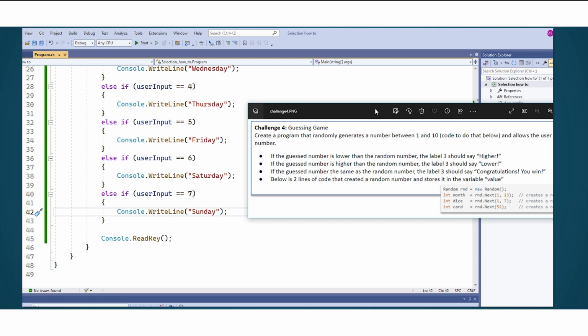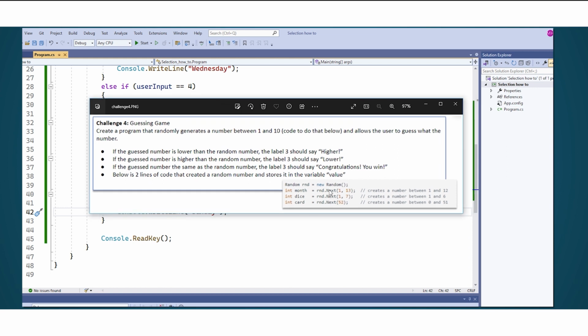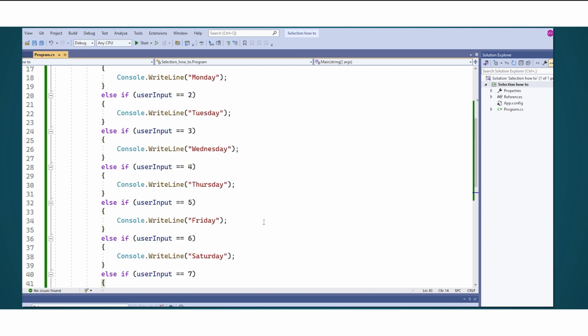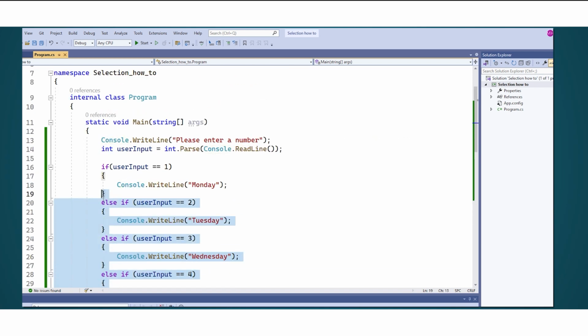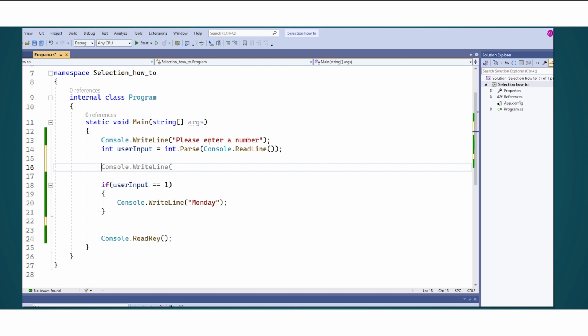Now to do this, I've kind of cheated a little bit, and I've skipped ahead a few lessons, and I've given you some extra code to see if you can create a random number. So let's use this code to create a random number. We're going to keep this if statement. We're going to keep this user input, but just below it, we're going to use that. If I can remember how to actually create a random number, it is random